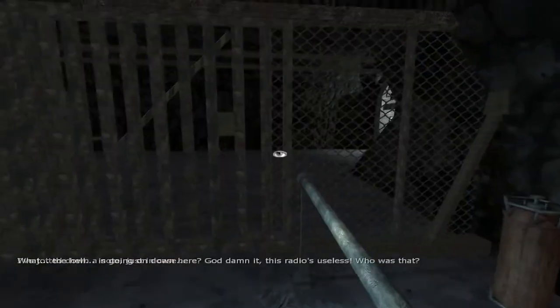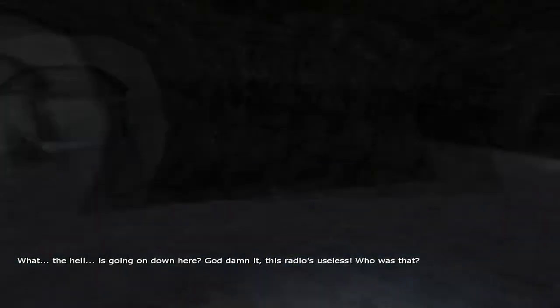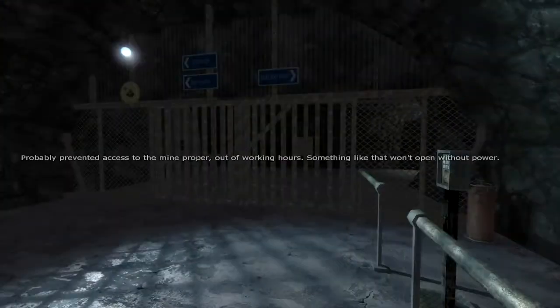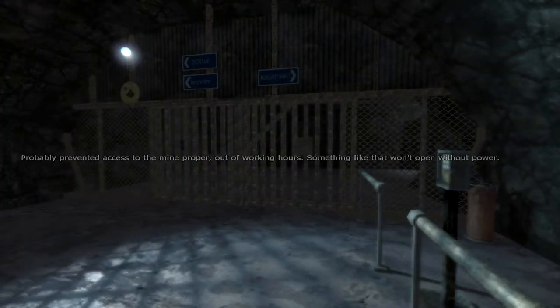So, there's our sudden companion down here. We'll be hearing more from him later. He basically told us to open up this gate, which I don't want to do right this second because one of those dogs is waiting right on the other side. I suppose if I throw down some beef jerky, he'd go away, but...